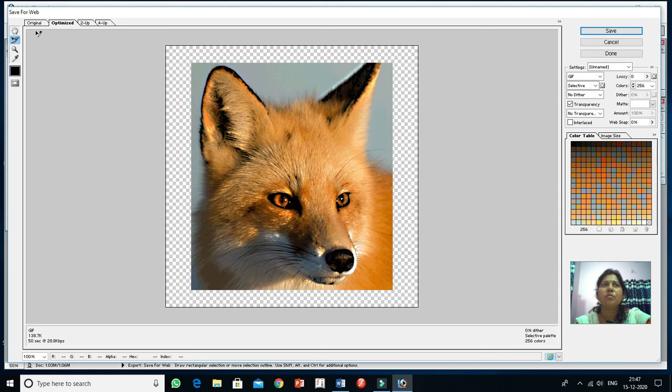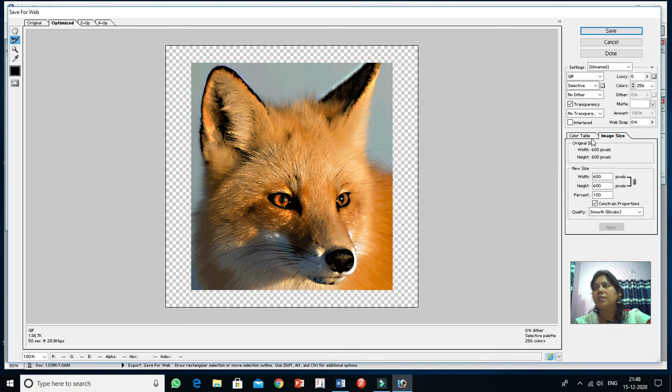Now it's showing you lots of options: Original, Optimized, 2-Up, 4-Up. Okay, and here the different options are there. Image size is there. Here the quality value is there.